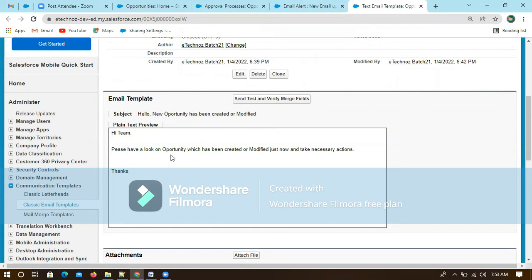So instead of that, we can give them directly, here, the opportunity name. Maybe they can ask, "I need the opportunity name here," or "I need the opportunity ID," so that I can quickly go over there and update it. Or maybe they can ask for a link: the opportunity link here.